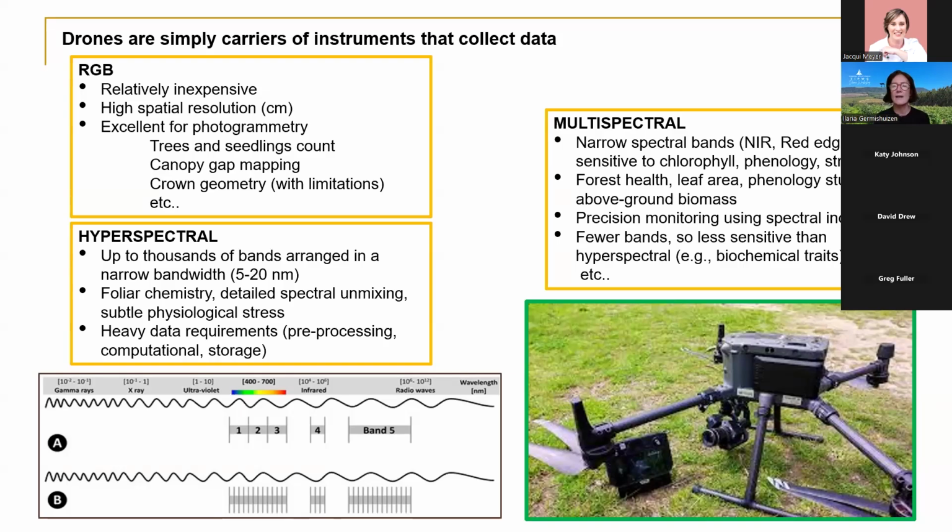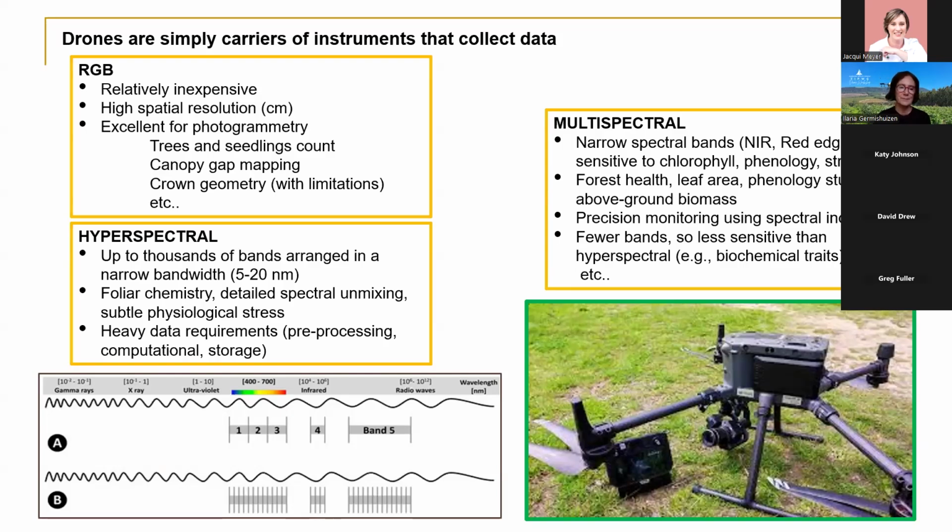We want to monitor leaf area, above ground biomass, and so forth. Generally, we use the spectral reflectance to develop specific indices that are very useful for monitoring these characteristics. They have fewer bands, not as sensitive as the hyperspectral, but still extremely useful,